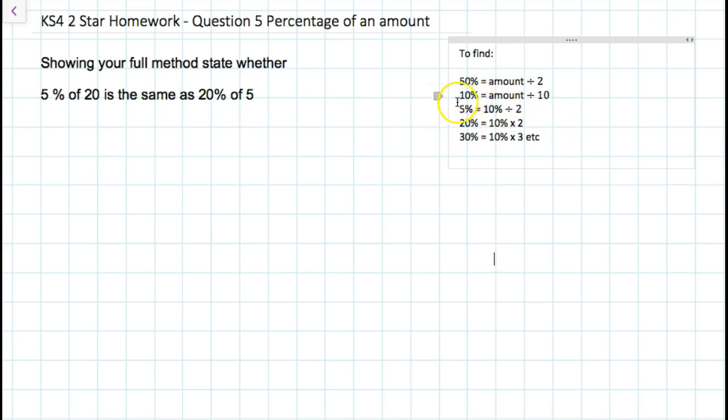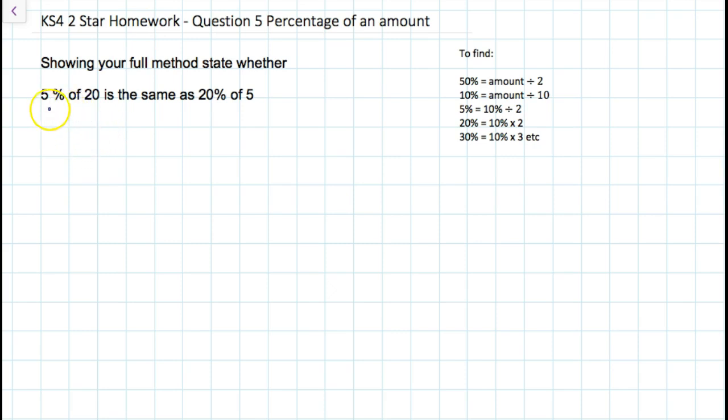20%, you would double 10% to work out what 20% was. So 10% times by 2. 30% you triple, so 10% times by 3, and that would go on and on for all the different, 40% and so on. Okay, so we're going to look at this question now to see what we're going to do